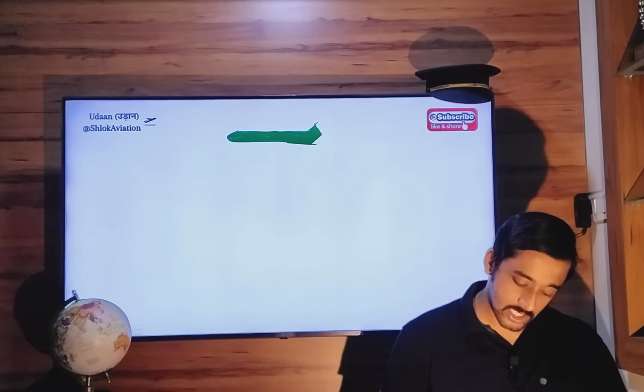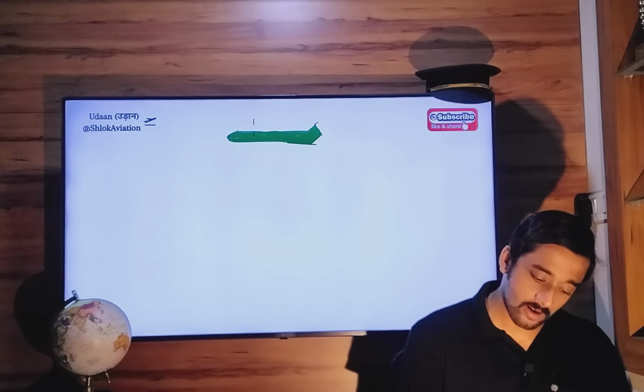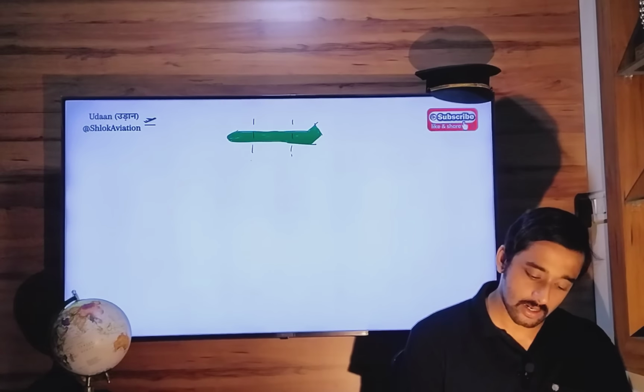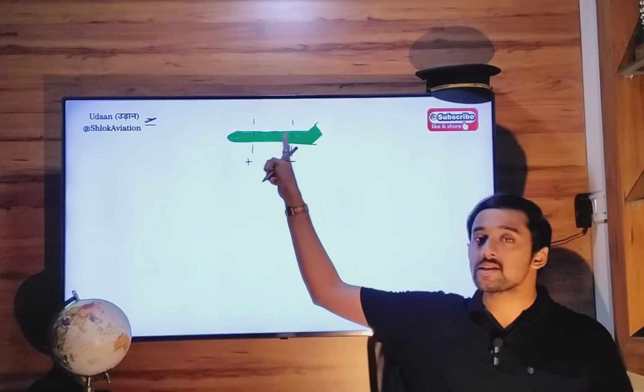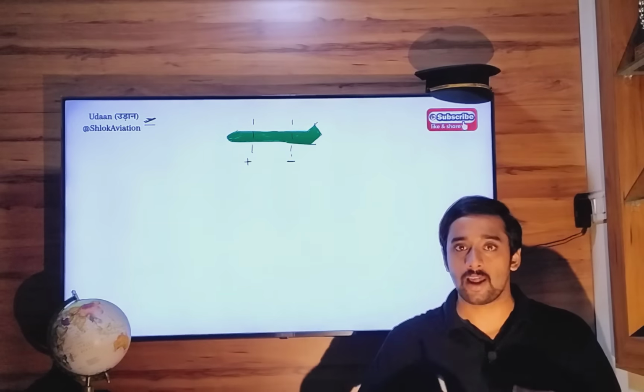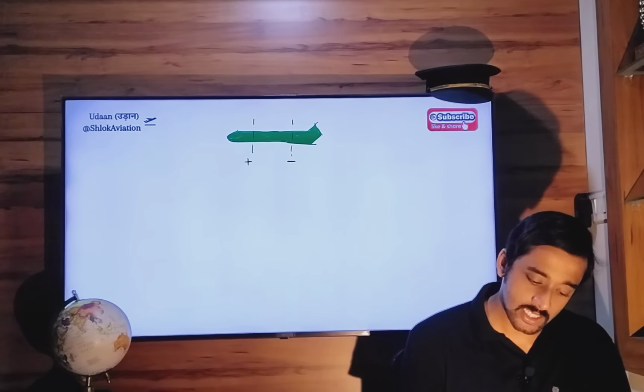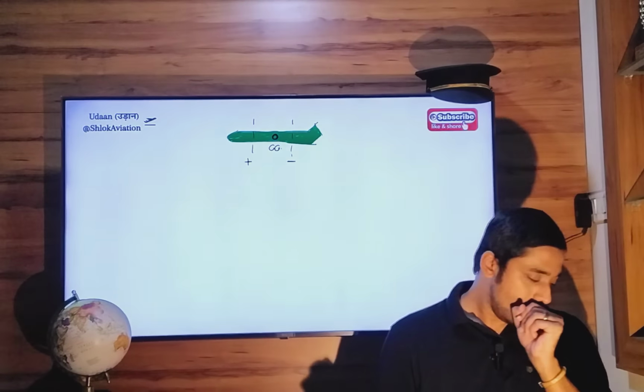Forward and aft CG limit. So this is the forward limit, this is the aft limit. Okay, and CG can be anywhere between these two limits. It keeps moving as your flight progresses. So let's say CG is right in the center. Now as given in the question,